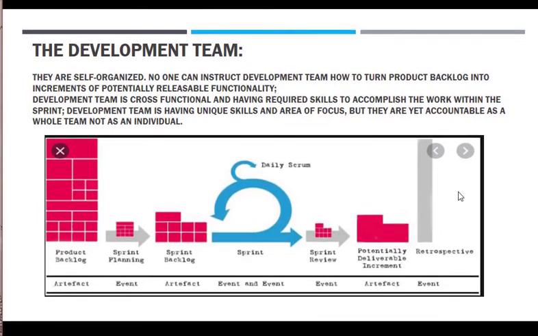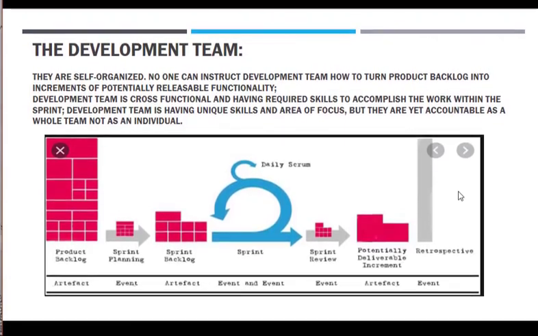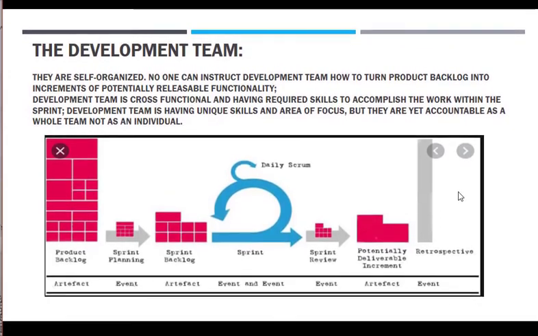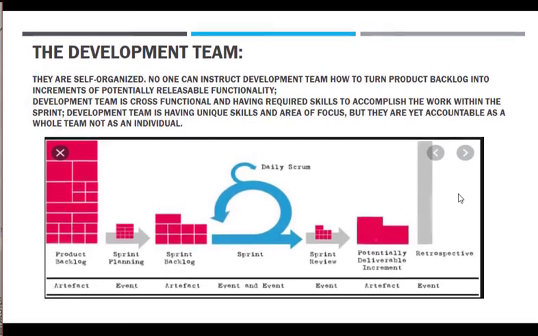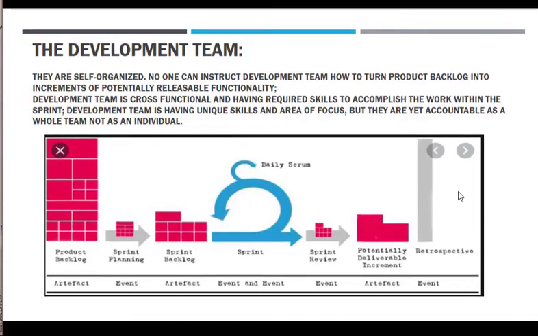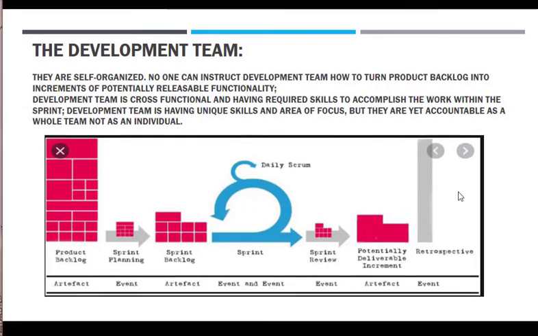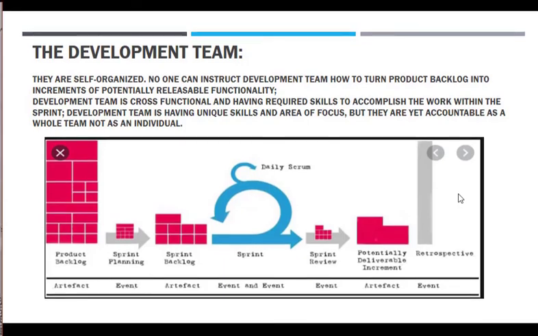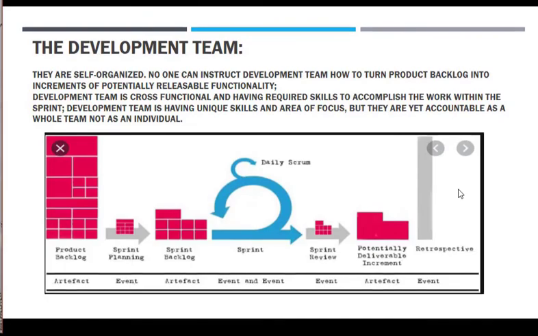So here is the daily Scrum. First we start from left to right. First the product backlog. After that, sprint planning with the team, with the Scrum Master and the product owner, and the sprint backlog. Then we take it into the sprint, which may be 2 weeks, 4 weeks, or 1 week. And after that is the sprint review, how you work in this meeting with the Scrum Master, with the product owner, as well as the stakeholders. So this is a very crucial meeting with the